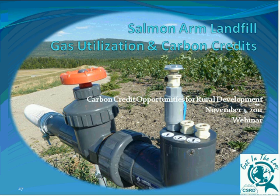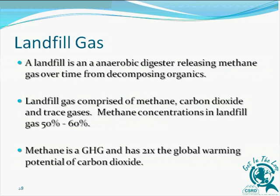So I will get started. I guess just as a background, the community of Salmon Arm is about 16,000, 17,000 people, so fairly rural in nature. The landfill is a regional landfill, and it serves a population of about 30,000 people. We just concluded phase 1, which has about 300 to 350,000 tons in place. So just to jump into the first slide,